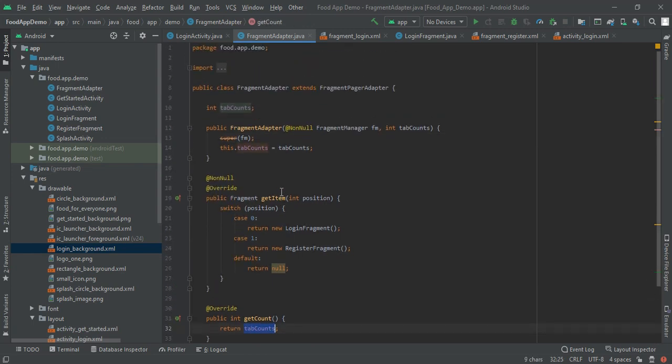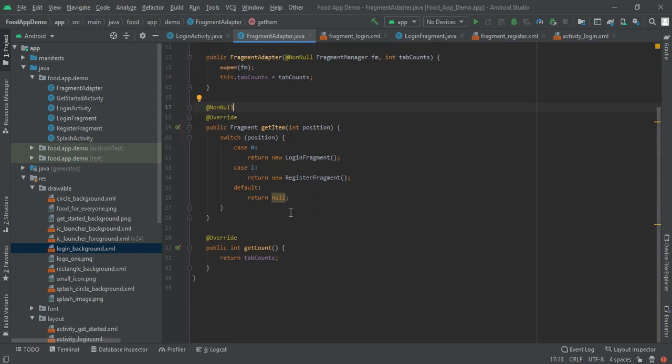And in our fragment getItem we will switch on our position. If position is 0, it means the first login fragment, then the register fragment, and if it is not there, then by default we will return null.